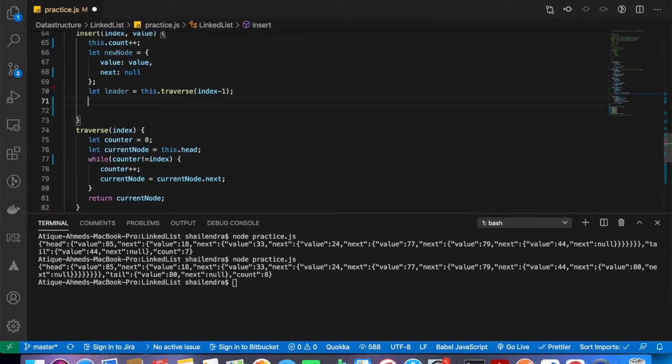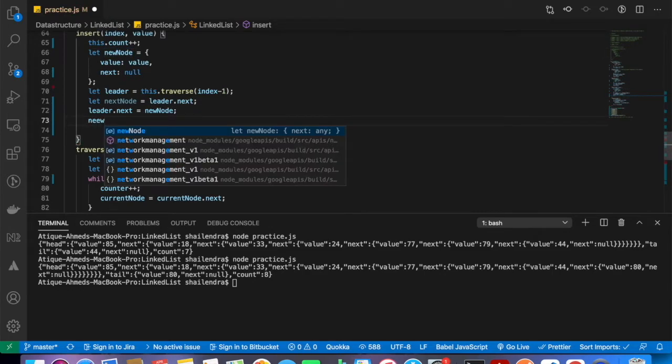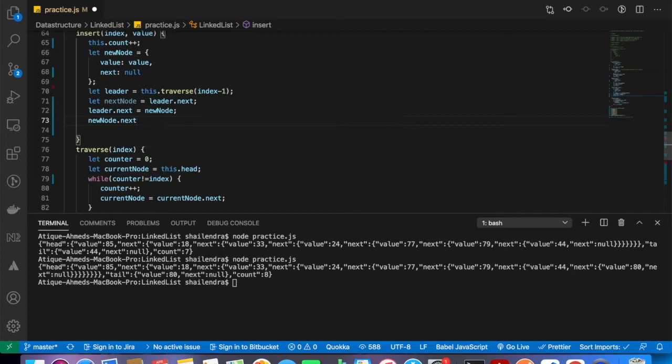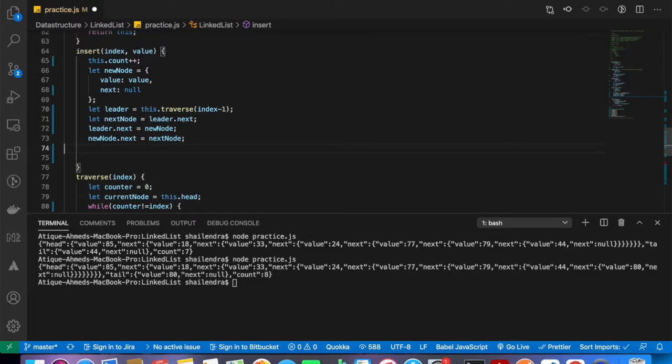Alright, so what I need to do here: let next node be leader.next, leader.next will be your new node, and new node.next will be your next node. Then I need to return this.printList.